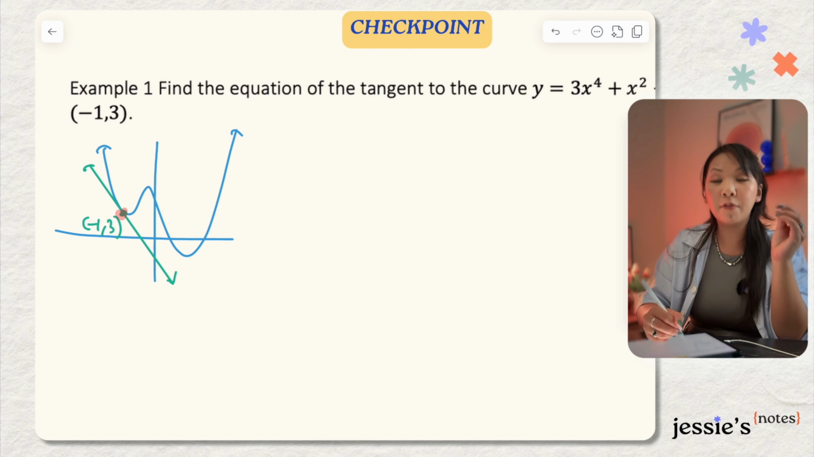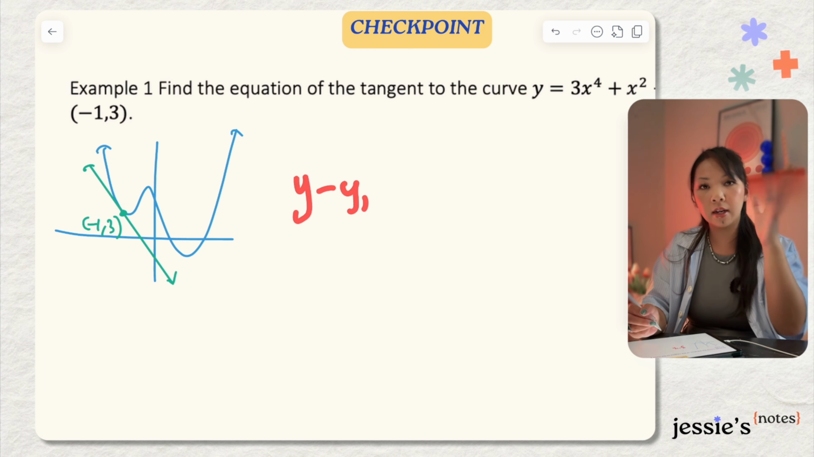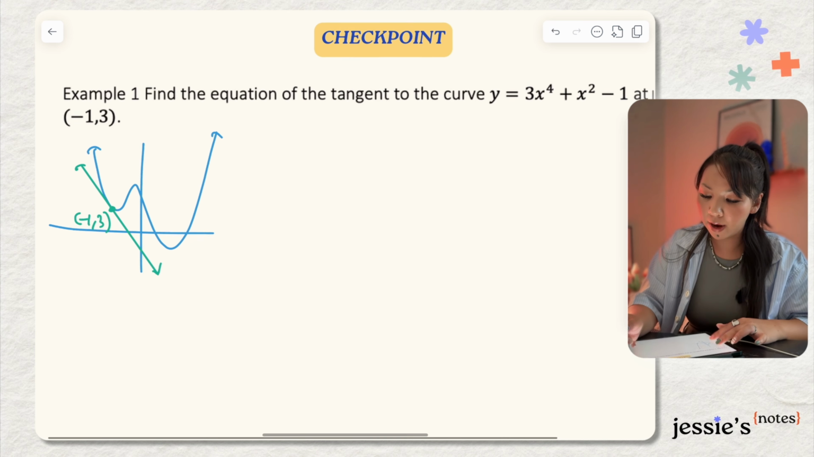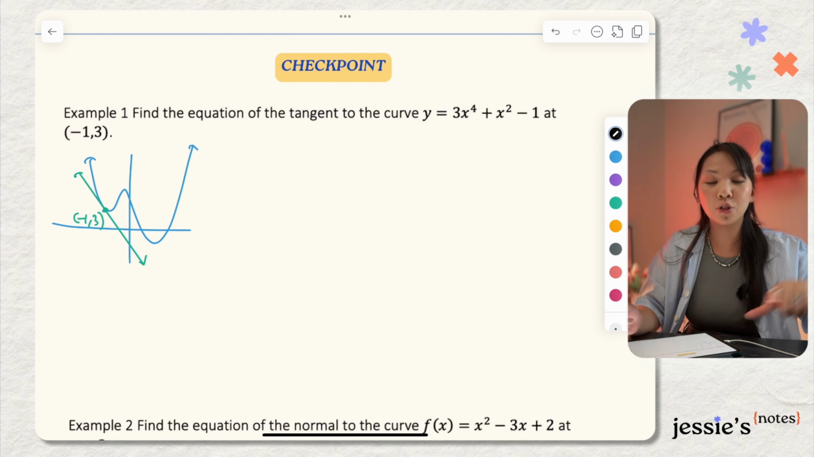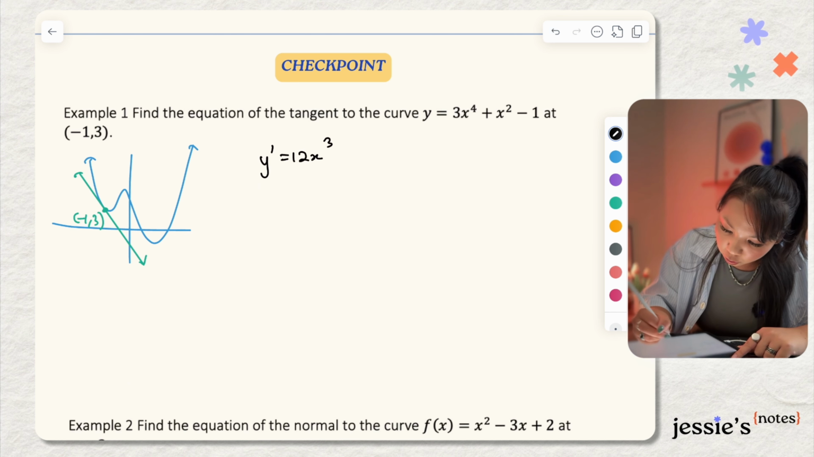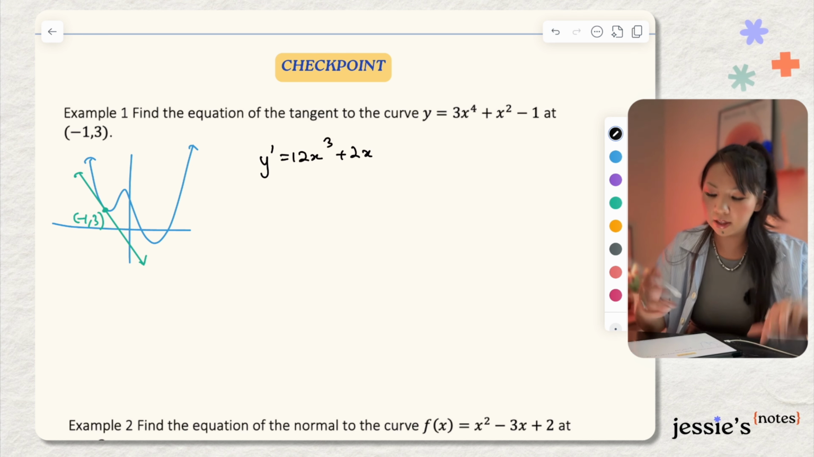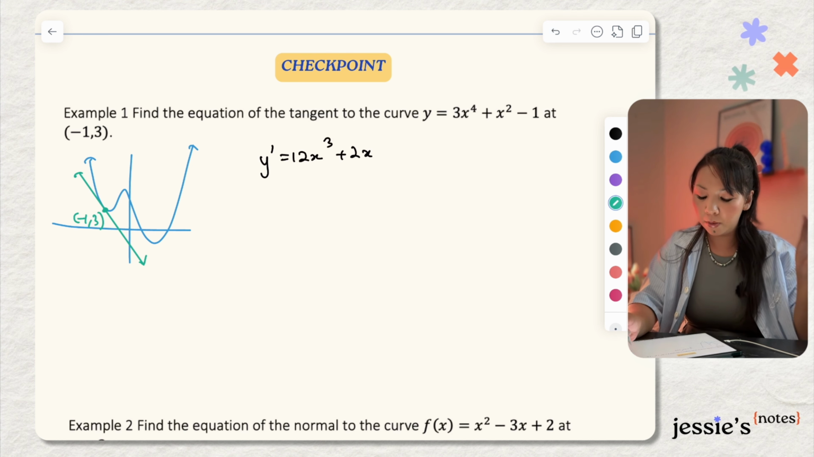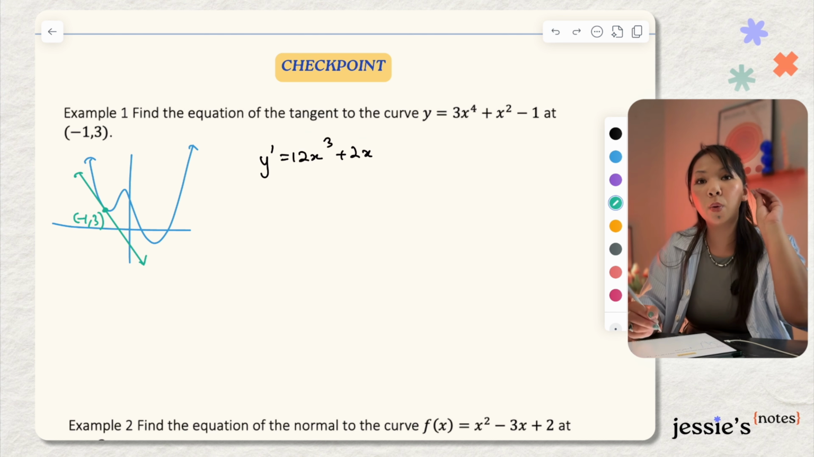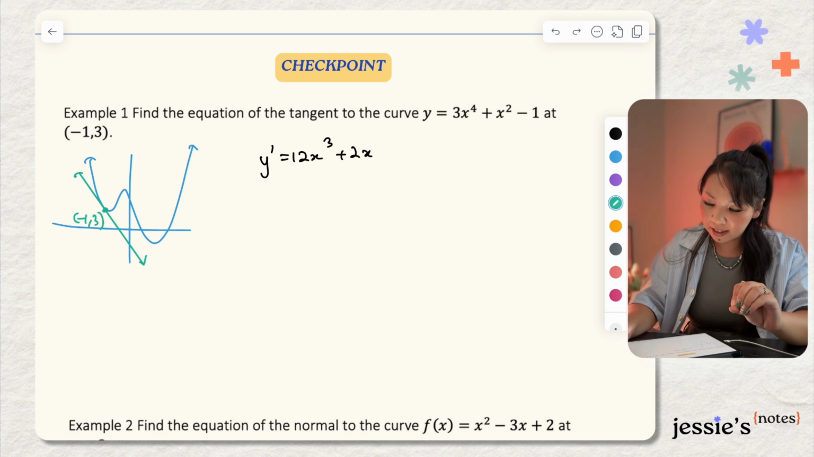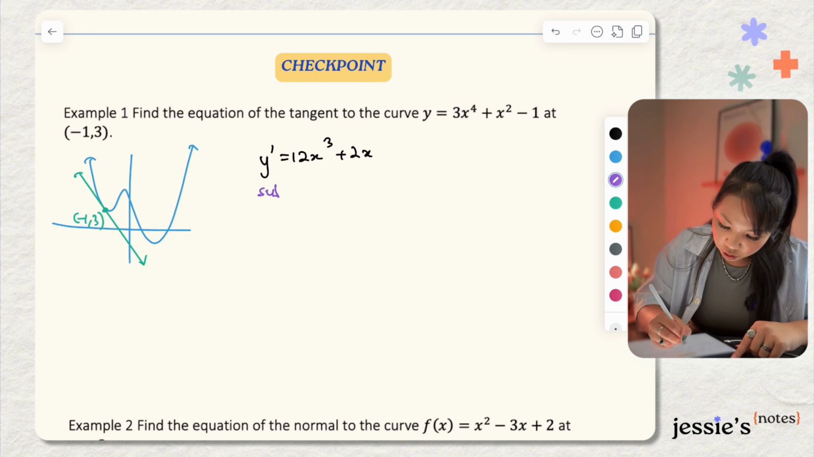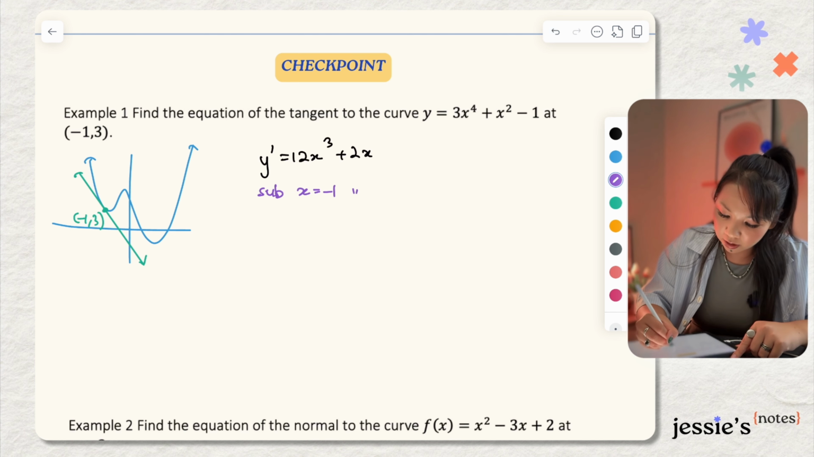And if I want to use the y minus y1 formula, I need a point, which I have, and then I need the gradient. So the way you find the gradient is you need to find your derivative, your gradient function. So if I differentiate this, we are going to get 12x cubed plus 2x, and then the negative 1 goes away. Lovely. Now, this here is not the gradient. This is the gradient function, meaning if you want to find the exact gradient that exists at this point, (-1, 3), what you're going to do is substitute that x coordinate, x equals negative 1,